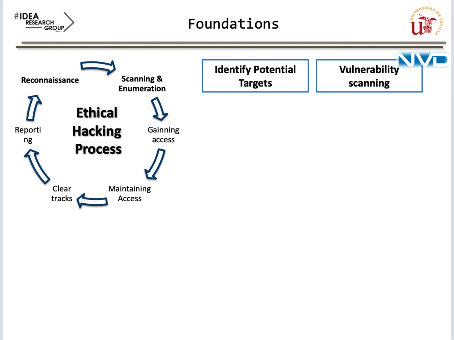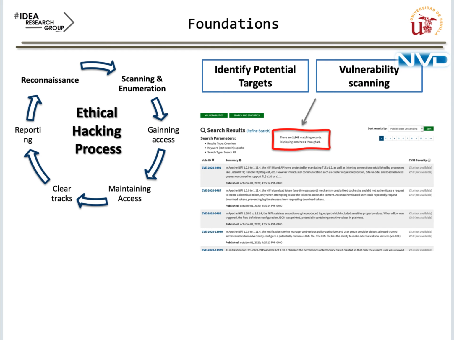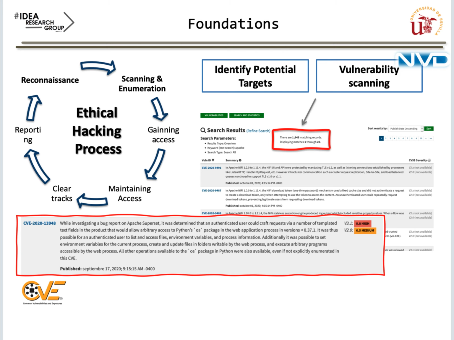For instance, we can search vulnerabilities for Apache HTTP web server on the National Vulnerability Database. As we can see in the picture, there are almost 2,000 vulnerabilities for this system. These vulnerabilities are described using a format, a CVE format. This CVE format is defined by Mitre, and we can go in depth into the vulnerability and see the description,